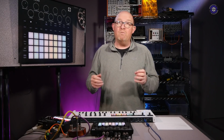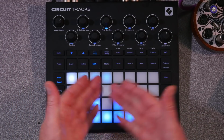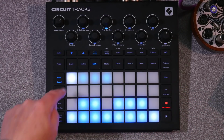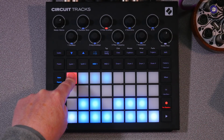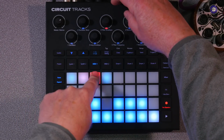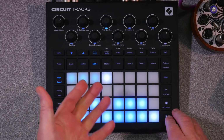And I guess we could also run patterns where, in fact, what I was doing here, I can record patterns in my MIDI tracks, for instance. Let's just make this 4 beats long. Now if I go into record, I press and hold, I can actually record macros. I don't have to do them in real time. This is something I also discovered, but I think this has been around for a while. So step 1, I'm going to open my filter. Step 2, I'm going to close my filter. Step 3, I'm going to close my filter. Step 4, I'm going to open my filter. So now when I play my track,